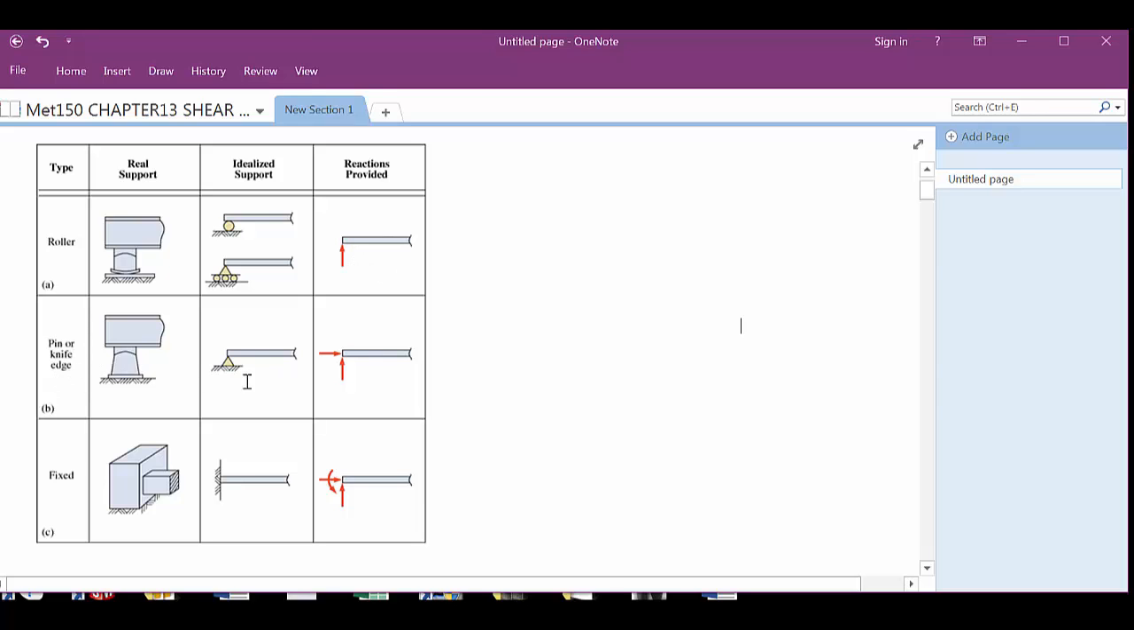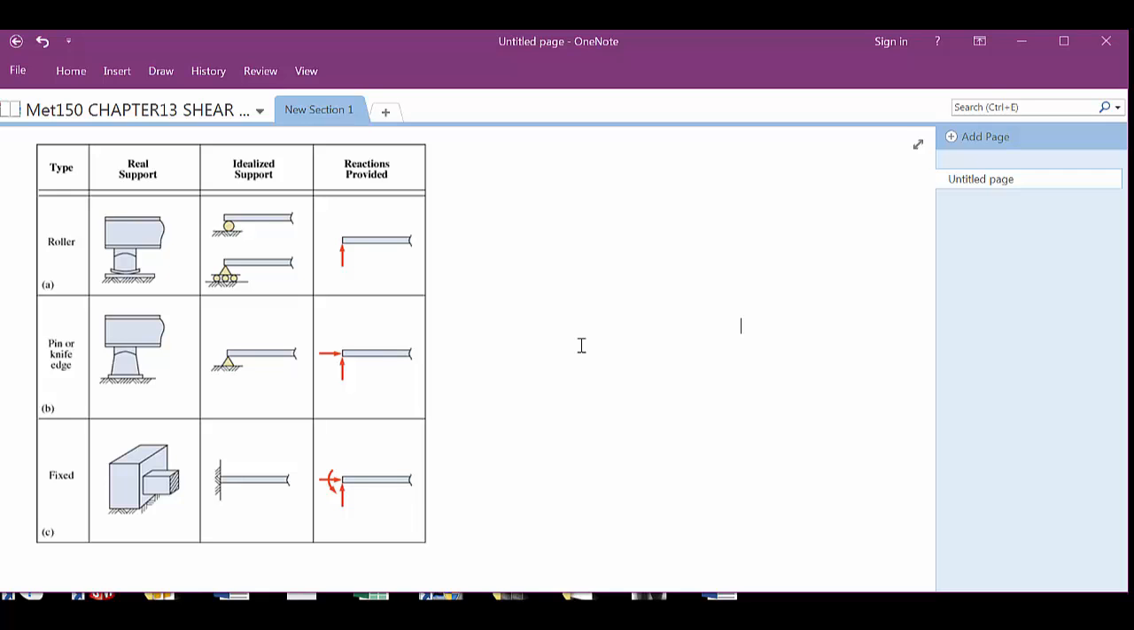Pin or a knife edge. Okay, if it's pinned, it can't go left or right or up or down. I guess it could go up in that case. Well, actually, if it's pinned, it wouldn't be able to, would it? But the reaction will be over at that pin. The reaction most of the time will be going up. Won't always, but sometimes. And then you have the fixed